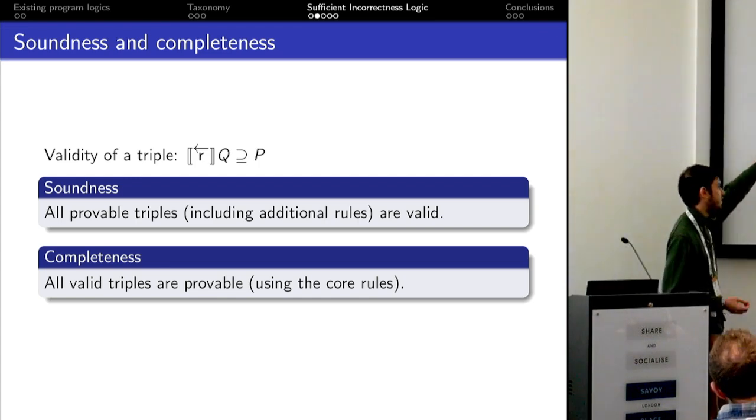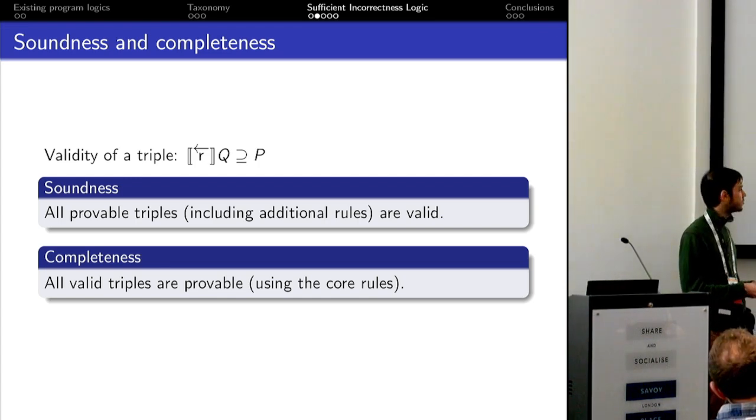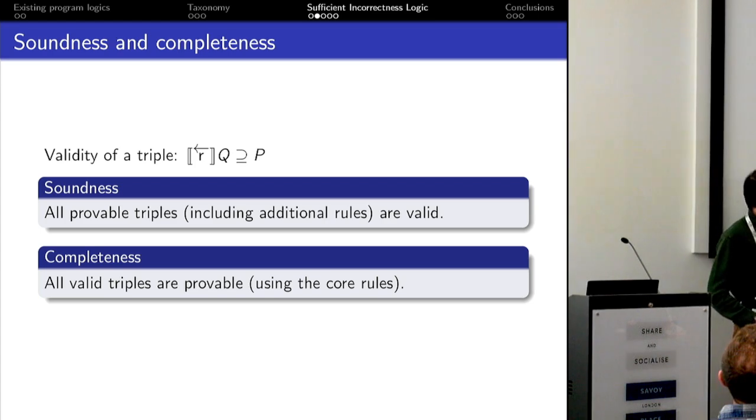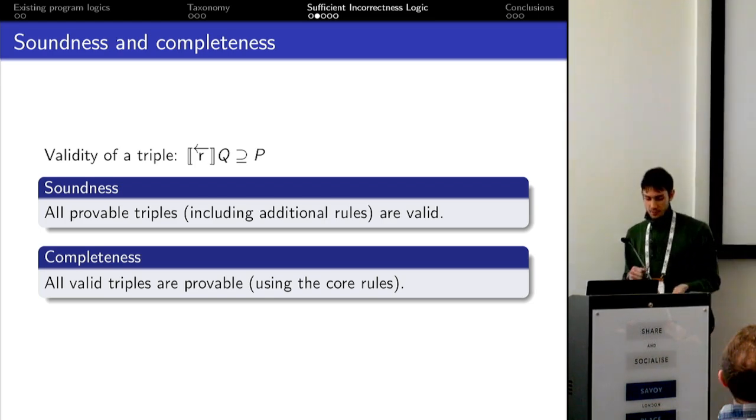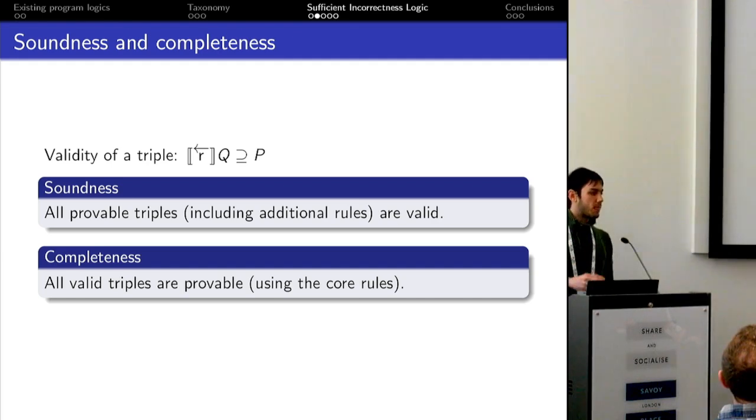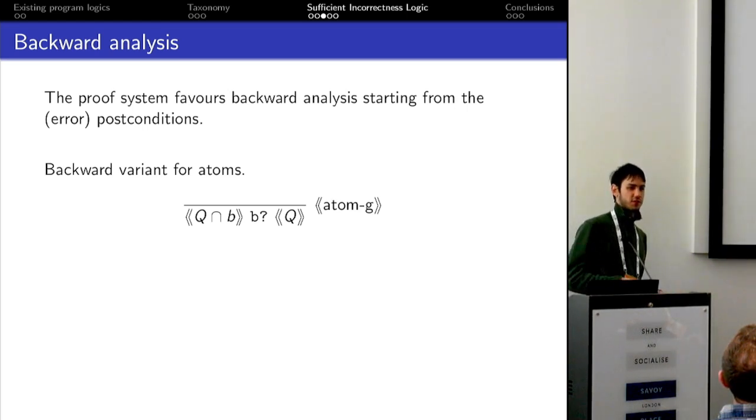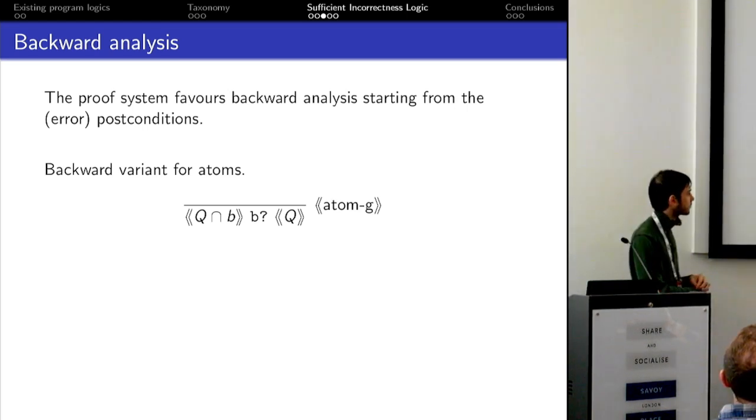So as I said, we took this validity condition, that is the backward under-approximation, and we proved the soundness and completeness of our proof system. And we proved completeness using only the first, let's say, 5 core rules, because these are all the rules we need for completeness. But what is more interesting is the fact that the proof system favors the backward analysis. So for instance,